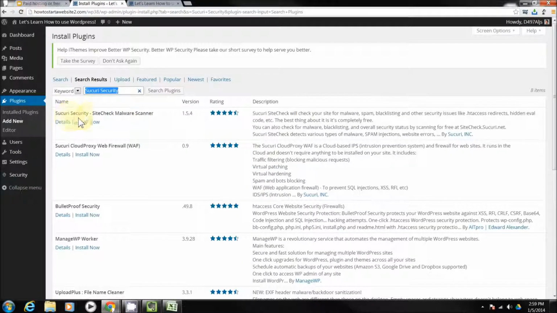And once again, it is the one on the very top, and this is a malware scanner. Every once in a while, you're going to want to scan your site to make sure that you haven't been infected with anything, because if Google or other search engines detect that your site has been compromised with malware, they will blacklist you and put you in a sandbox, and nobody will find your site through search engines if you've been infected with malware. So we're going to install this